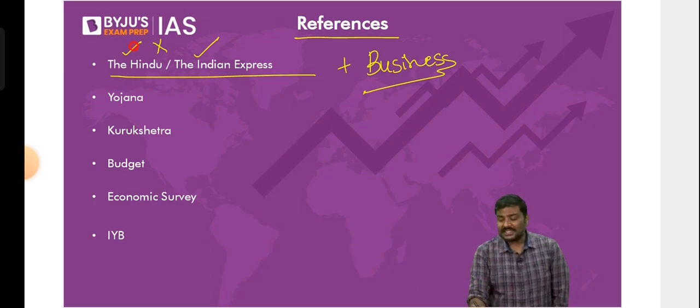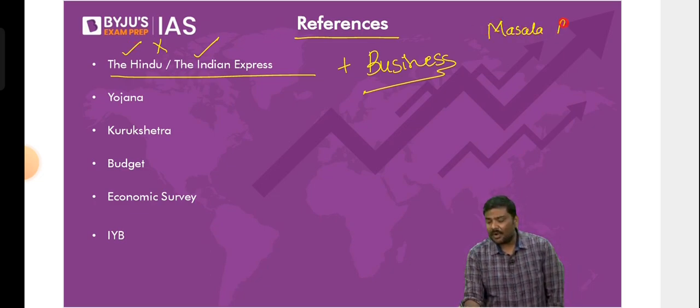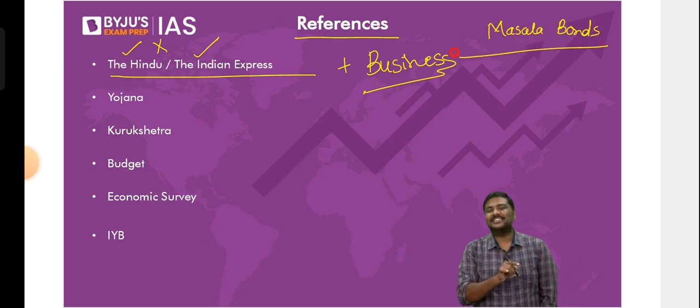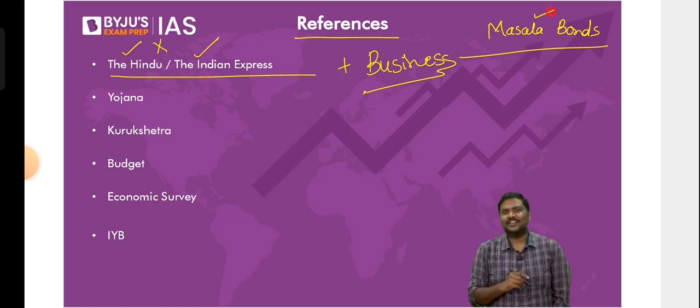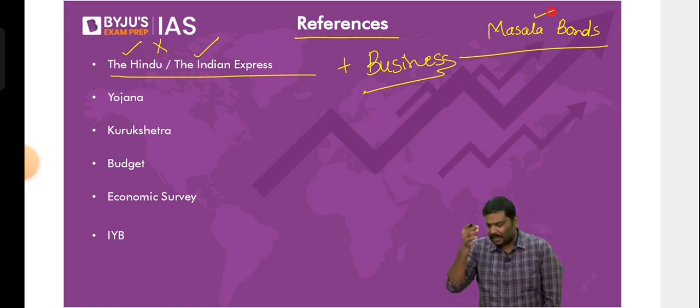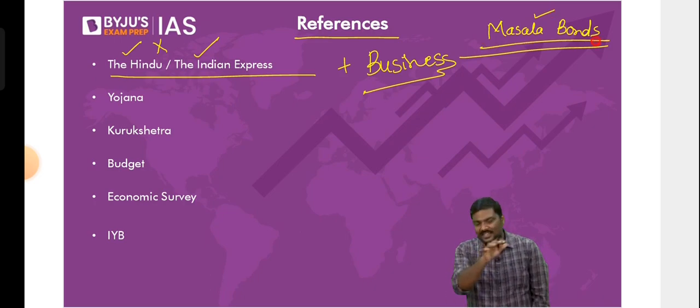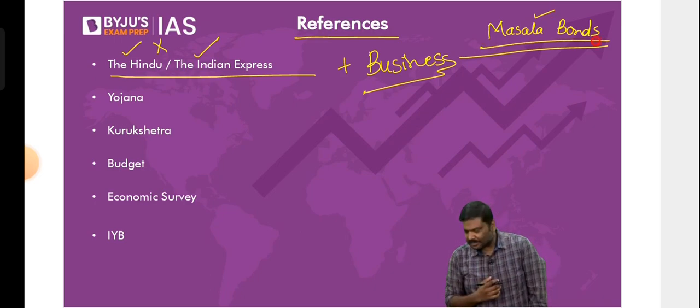For example, I told you today in Business Line and Business Standard, there is an article on masala bonds. If you've been reading the newspaper and watching the news, you will realize that the term masala bonds is there in the recent discussion. I will not ask you a question on masala bonds, but does anybody know in what context masala bonds are being discussed in the last 2 weeks in newspapers? Anybody? Start answering. Let me see.